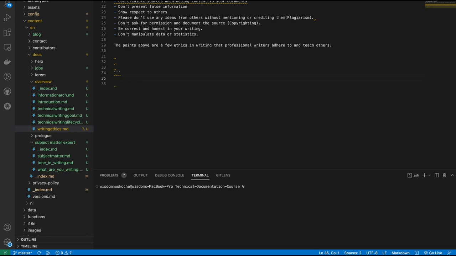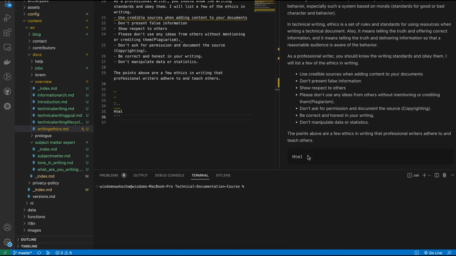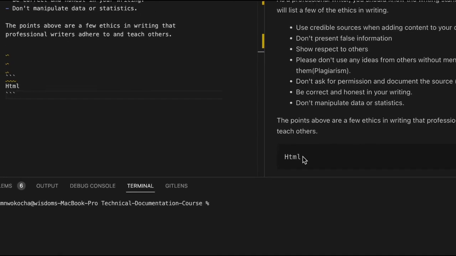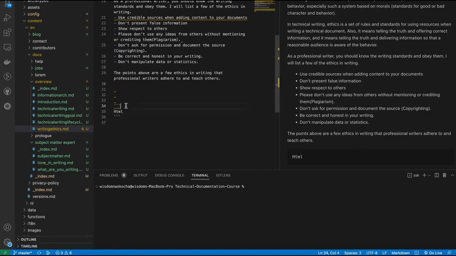Do this. Let's say you're talking about HTML. This is it. Now, if you want to specify if it's a JavaScript example, it will now highlight it for you. Now, this is what you will do.